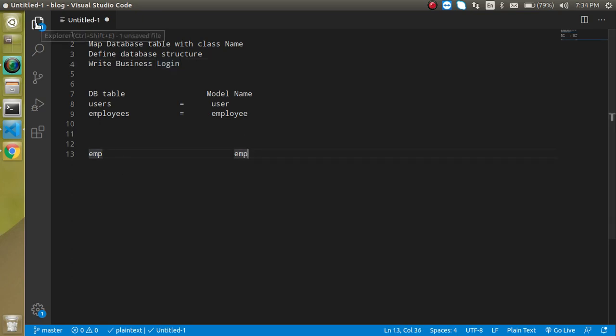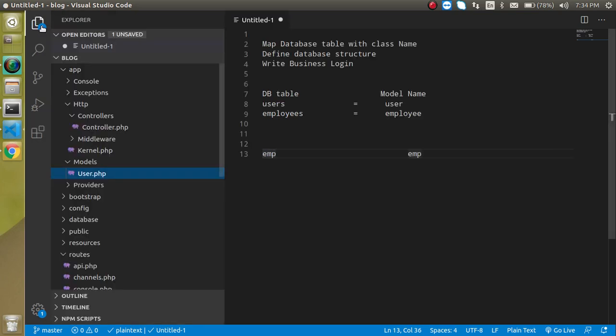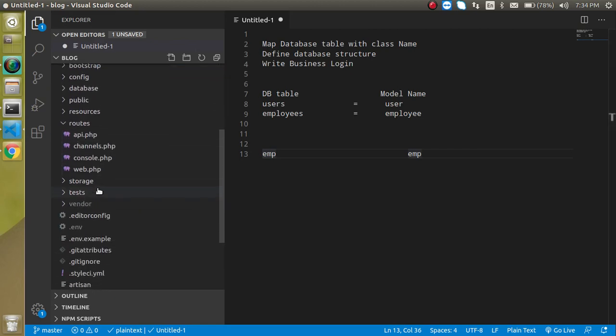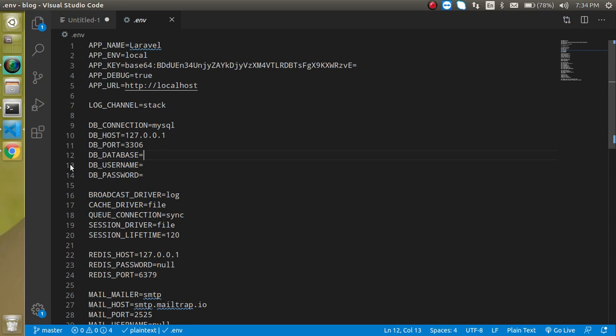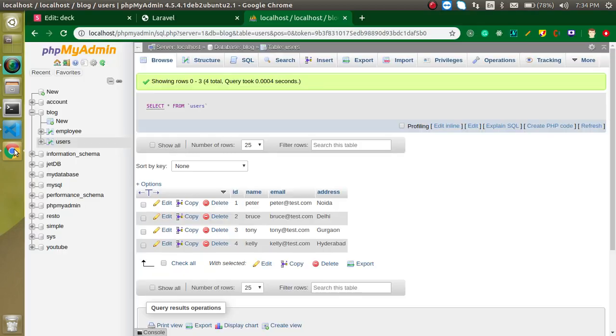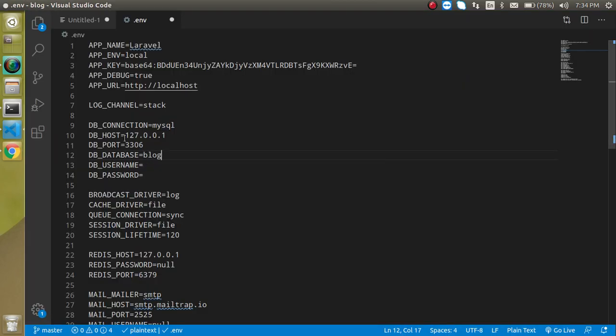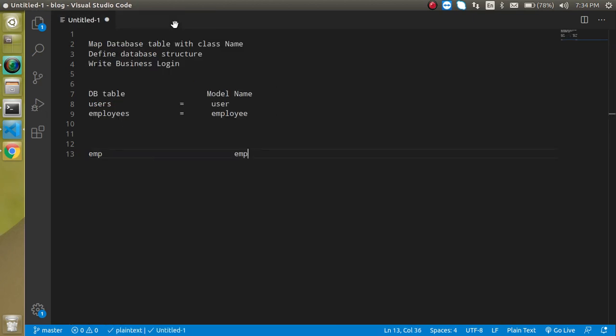So now first of all we need to create the database configuration. I already told the configuration in the previous video also, but let's see again in this video. So first of all you need to put the database in the .env file. So what is your database? You can check here. In my case this is blog, so just simply put here blog. Username, by default username is root. Password in your case might be blank, but in my case this is Red Hat @123, right? So database configuration is done, so we can close it.